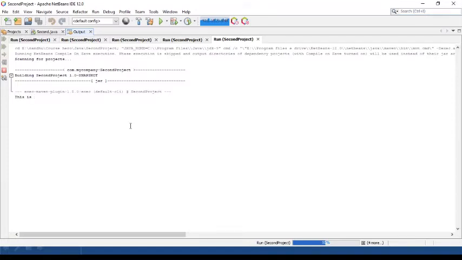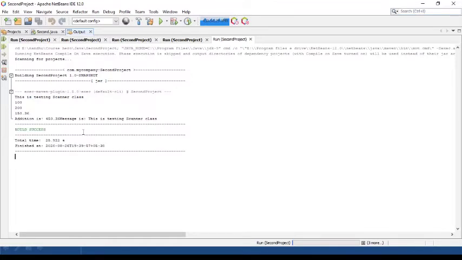This is testing scanner class. The message that I would like to give as input. Next, you have to give three numbers. Two are of integer type. One is of float type. So this is your output. Addition is 450.36, and the message is this is testing scanner class.